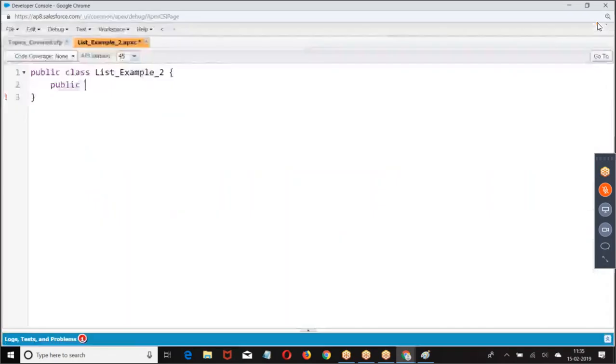Now, how do you access it? Go back to the object. Public. So the table was already existing. For the table, there is a predefined Apex class.